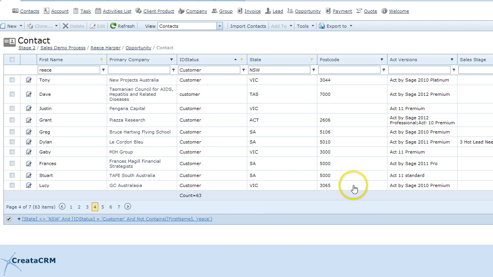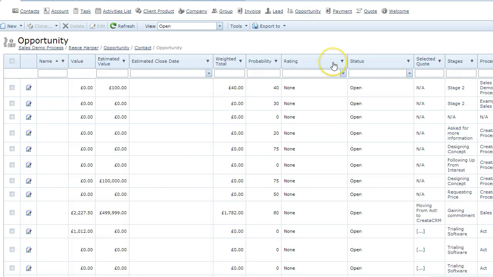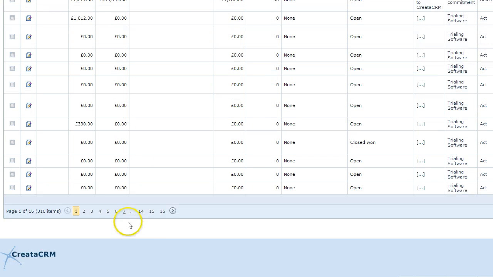We've got no fields in the contact list view that have numeric values, so we're going to jump all the way into the opportunity section over here. Now you can see here there's a couple of numeric values. There's estimation view, weight totals, and so forth. So what we're going to do is go all the way down and right click, and we're going to do a sum right there, sum, and you've got